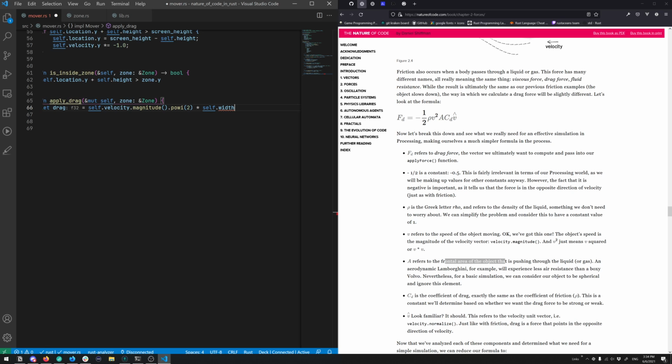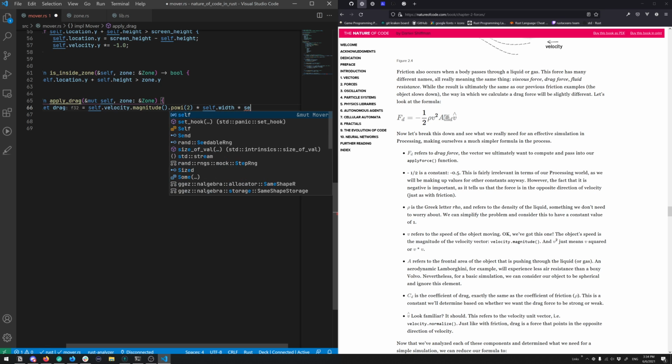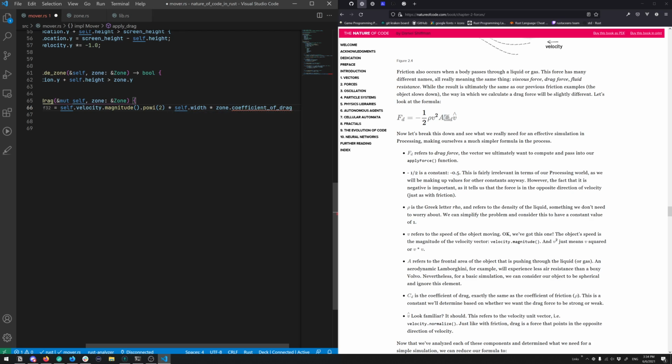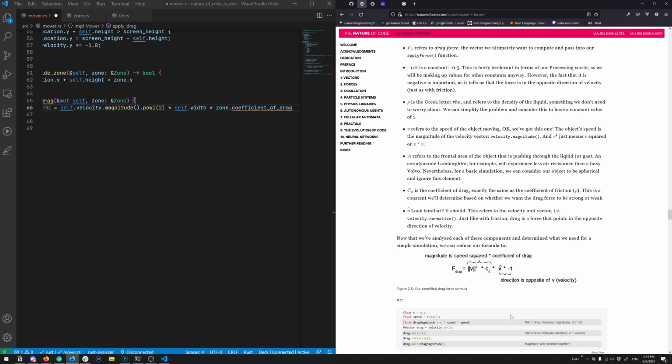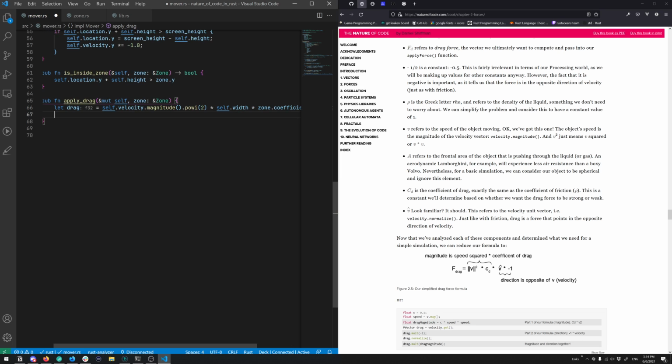Okay. Then we have the C. The C is the coefficient of drag. If you remember, we have that inside of the zone. So times the zone dot coefficient of drag. And then we have this V. This refers to the velocity unit vector. Okay, so we're going to normalize it and then point in the right direction. And if we take a look at here, it's basically the opposite of V. Okay, so that's fine. So this gives us an F32 number, which we can now